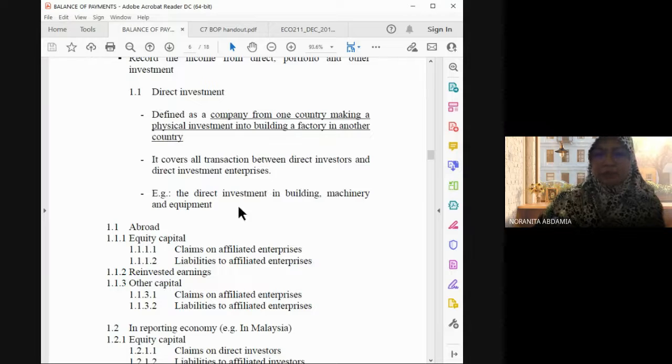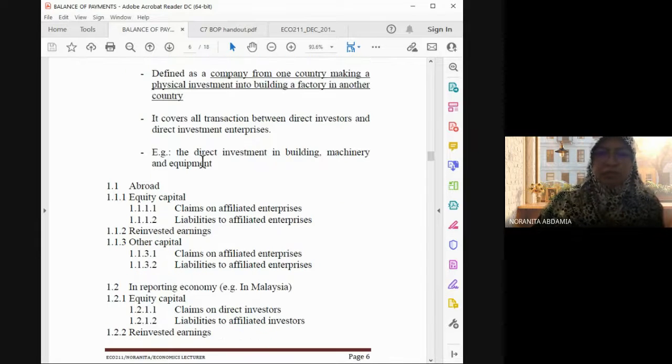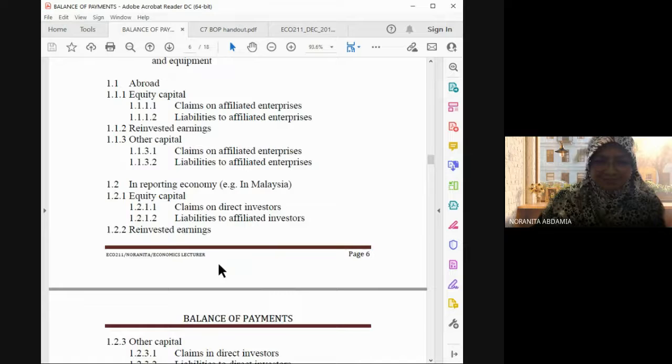And then see the direct investment in the buildings, some machinery and equipment, something that we can see, we can hold. This is actually visible, right? Physical, right? We can see the physical thing. Okay, that's a direct investment. And of course, under this, there is a abroad trade investment and so on. This is all like tak pernah keluar sebenarnya, but I just put here. Who knows kan? Kut lah kan, kita keluar.